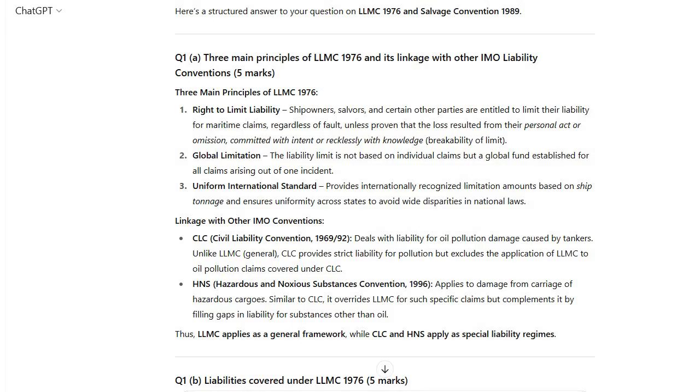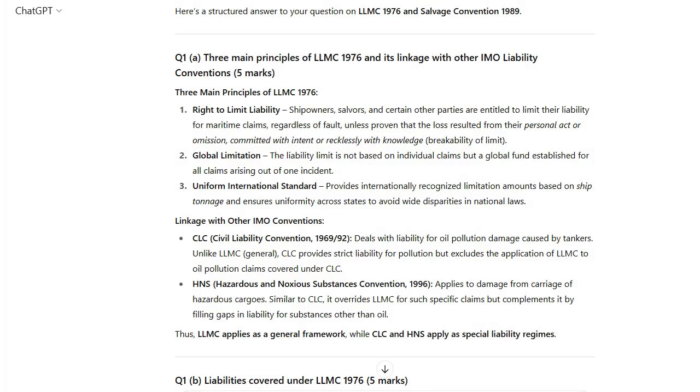Now, coming to the right to limit liability: shipowners, salvors, and certain other parties are entitled to limit their liability for maritime claims regardless of fault, unless proven that the loss resulted from their personal act or omission committed with intent or recklessness with knowledge, that is, the breakability of the limit. Now, again, let's go through it. Right to limit liability. Shipowners, salvors, and certain other parties are entitled to limit their liability for maritime claims, regardless of fault, unless proven that the loss resulted from their personal act or omission committed with intent or recklessness with